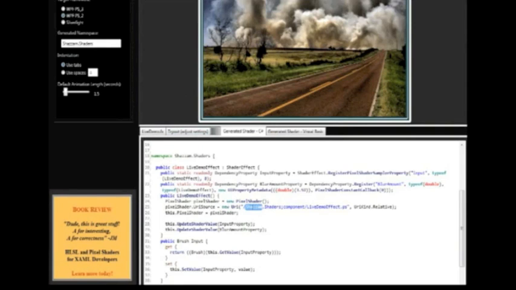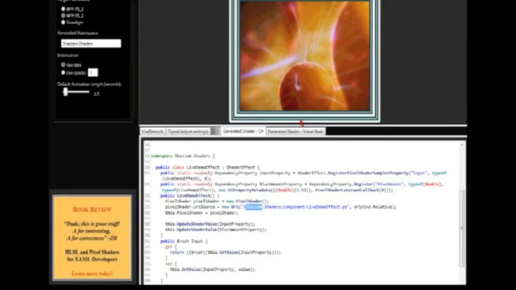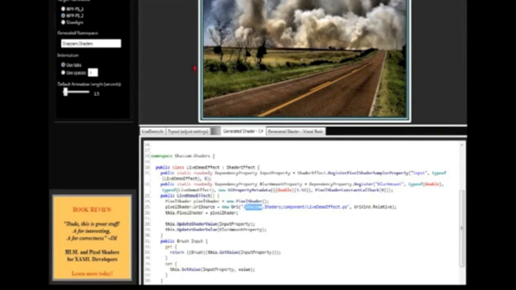Okay? And then you get a set of sample images here to choose from. So there's one image that you can customize. You get a number of samples. You get a color wheel for trying it out on all the 16 million colors. And then you get one for testing distortion shaders, one for testing a shader on a UI, one for testing a shader on a video, and then one that lets you compare the original image and the effect applied to the image. I'll choose this picture of the fire and the road,